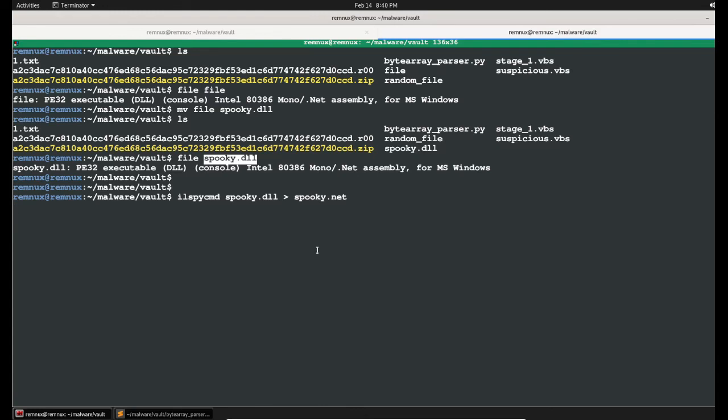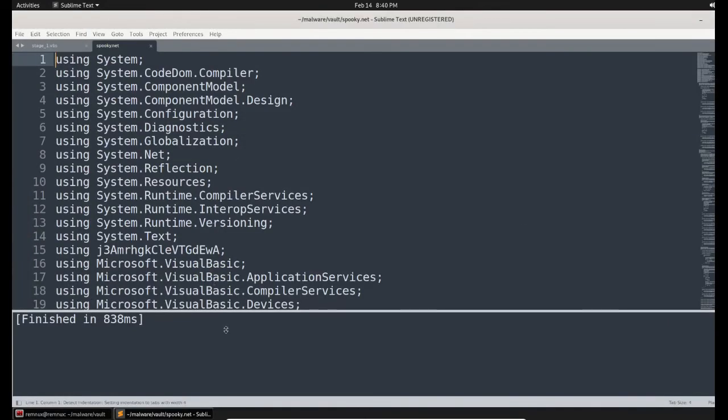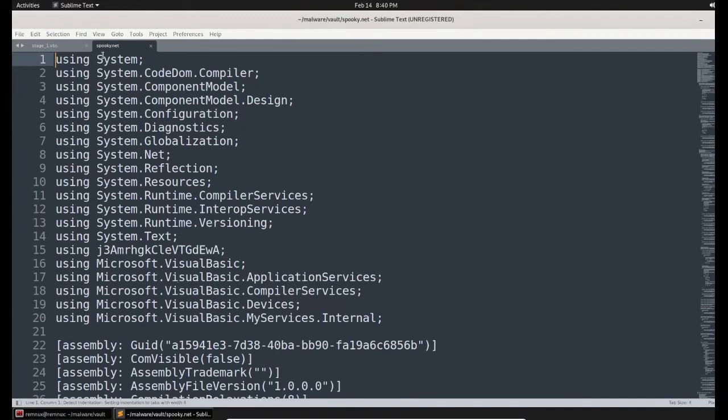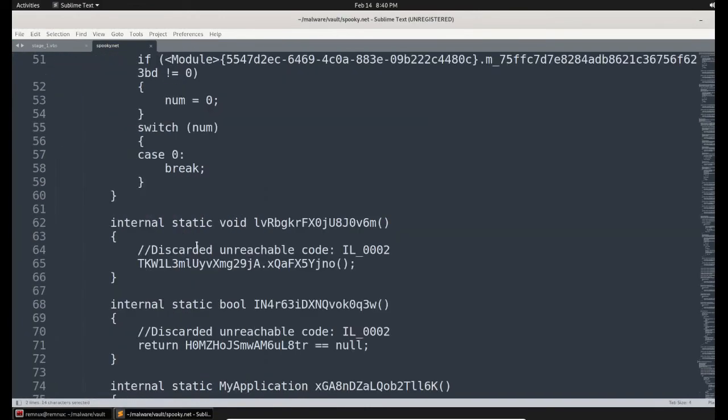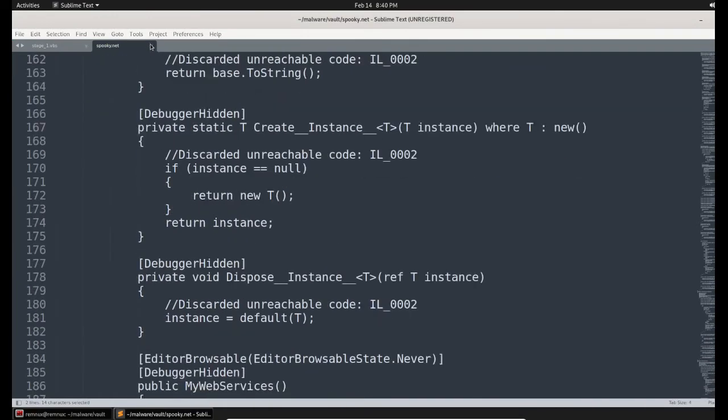It is taking a few seconds. Now it is done. If I open this spooky.net file, we can read the .NET script of the entire DLL. We can analyze further and we can detect what this particular DLL is exactly doing.